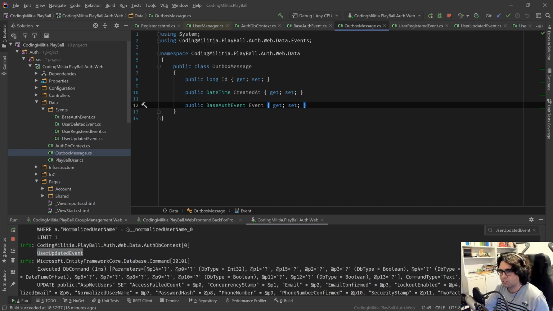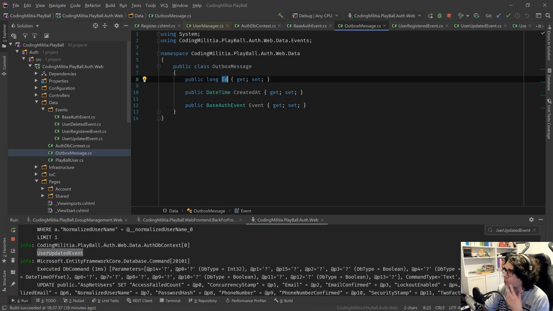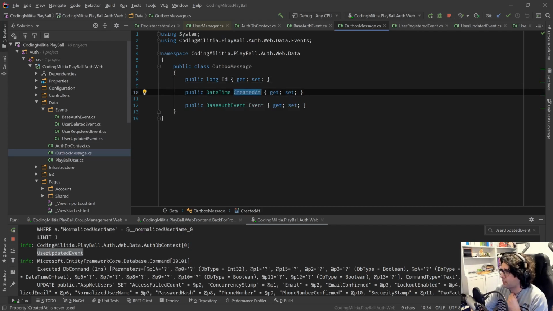Okay, I think the outbox just needs this. So an ID, because the table needs an ID. I created that, which maybe we'll use is processed. It can be an is processed, but I was thinking about just deleting it. Don't know if there's value in keeping all